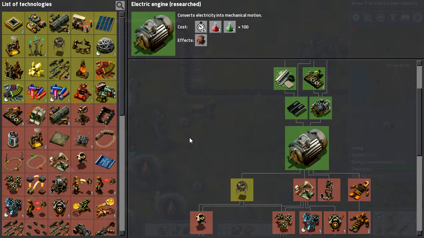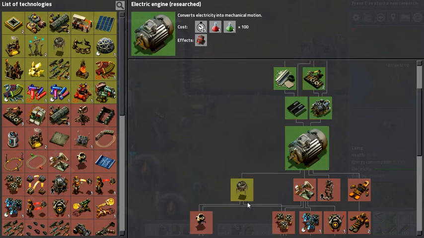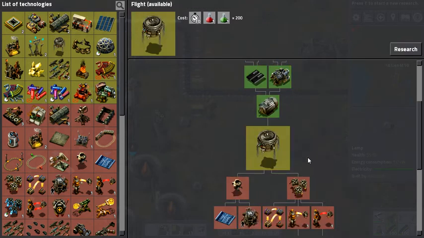Wow, that did not take long. It's literally been about 25 seconds since I stopped the recorder. Electric engine is finished, which means that's in yellow. We can officially get flight. Flight, guys, but